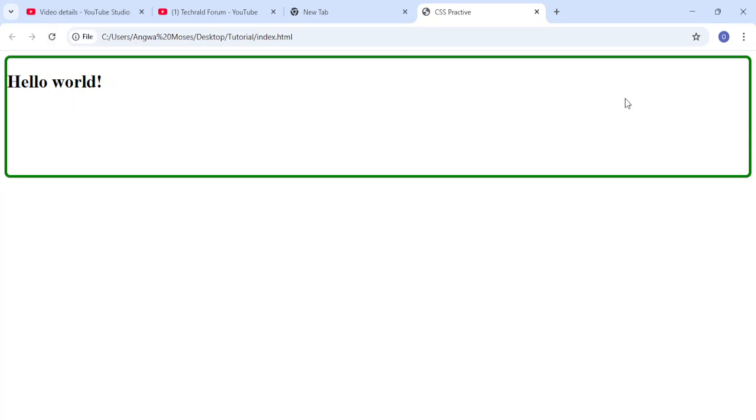If I want to reduce the width, by default block level tags in CSS assume 100% width of the screen when you don't specify the width, but we can specify that the width of this container should be 200 pixel. Remember, this is what I'm calling the container, the div tag here. I'm calling it a container because it contains something for us here. We are using it to wrap many content, so I can even wrap more than one inside, as you can see. So if I come here and refresh,